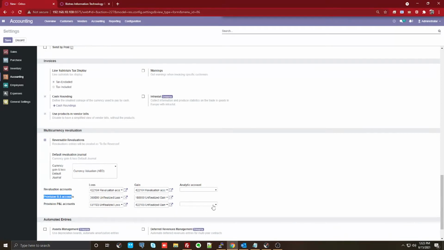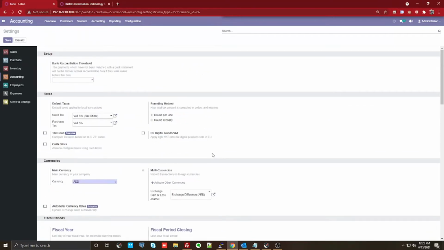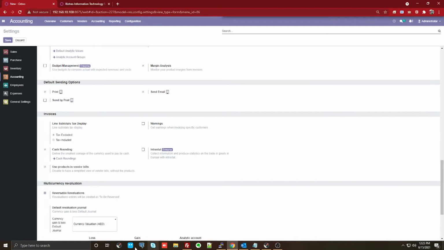If you even want to have any kind of analytical account to be tagged for that, you can give it. And finally, a revaluation account, which would be your account which tags all those values. So that's what you really require to do to manage your monthly revaluation processes.